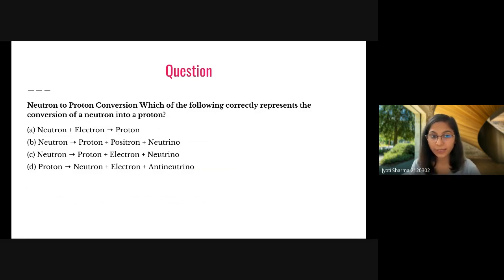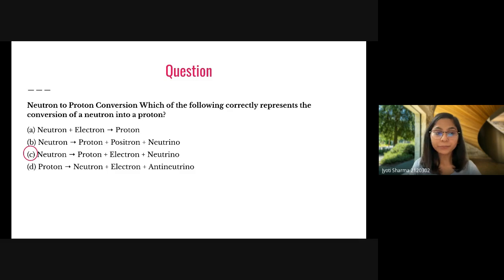Ipshmita gave me answer A. But that is not exactly right. If we have a neutron, then neutron means no charge, right? So no charge means it will give you the positive charge as well as the negative charge and some other energy, and that will not have much mass. Such things will be given by the neutron itself. So this is the right answer, C.